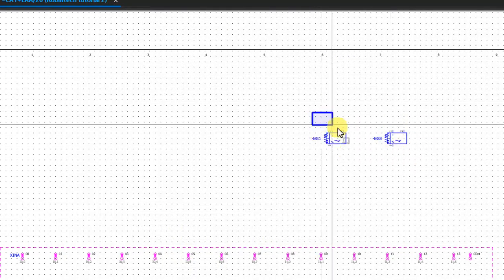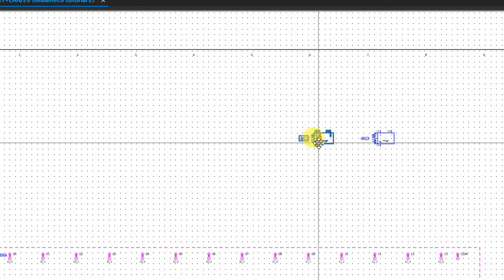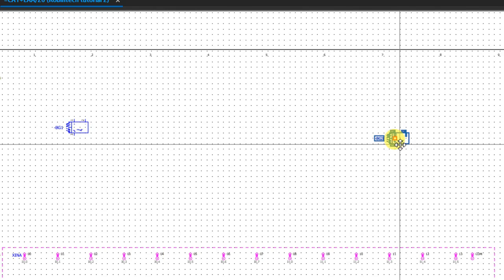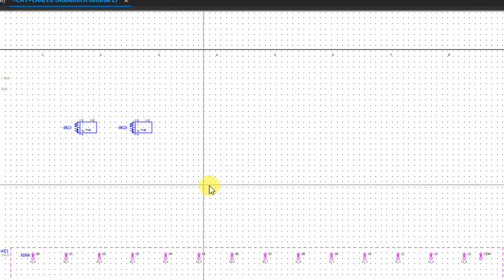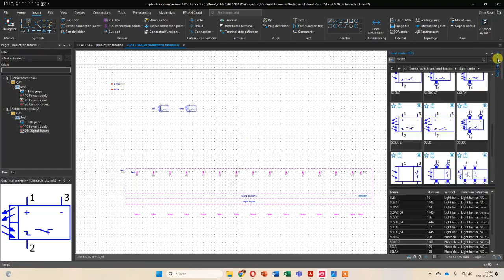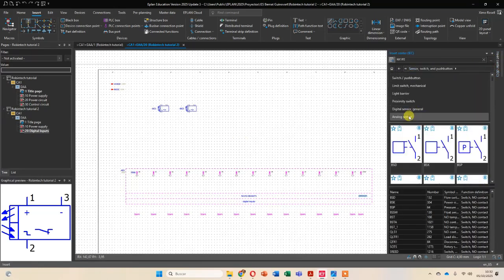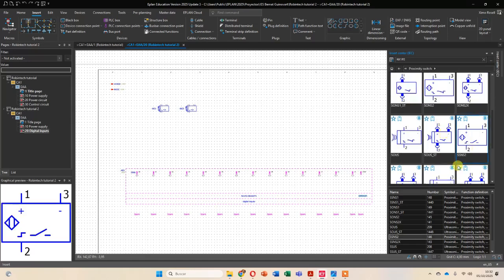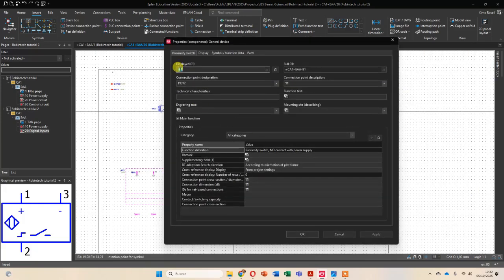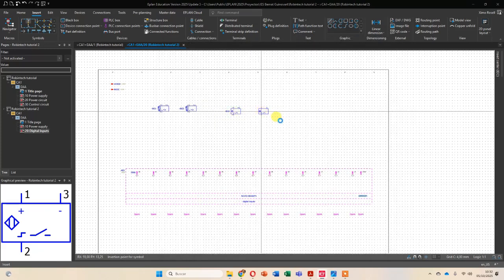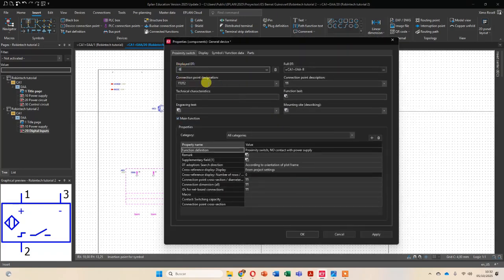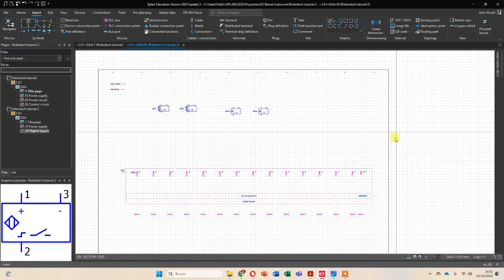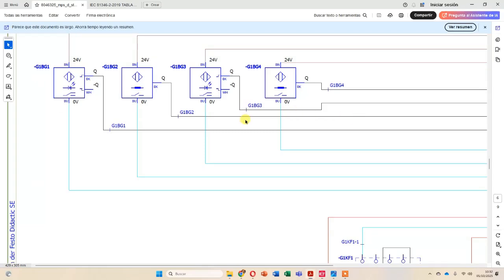Okay, now I already have the two photoelectric sensors, and now I'm gonna insert the proximity switch, which will be this one here, SS and S2. Okay, so one, this will be BG2, and this one will be BG4. Okay, I would have to do the same with the other page, okay, with the sensors in the other